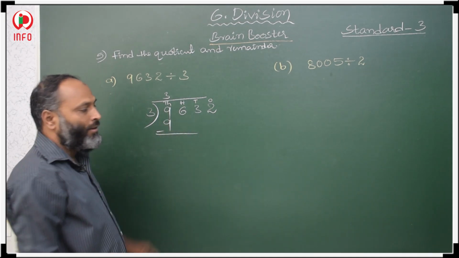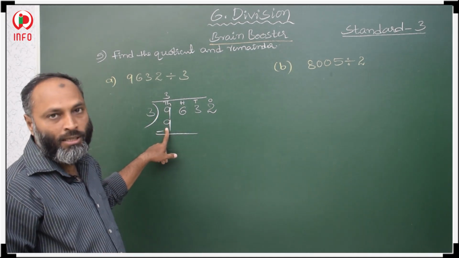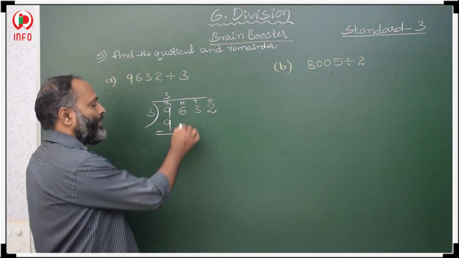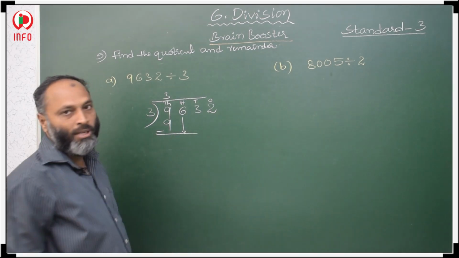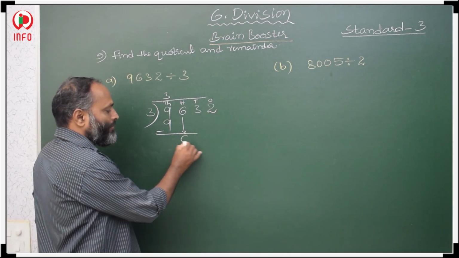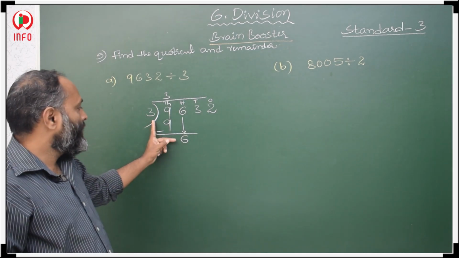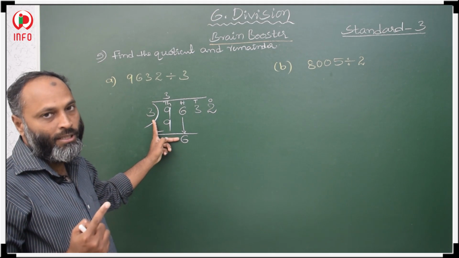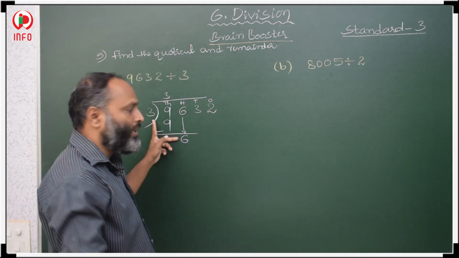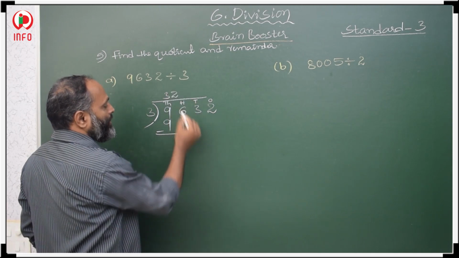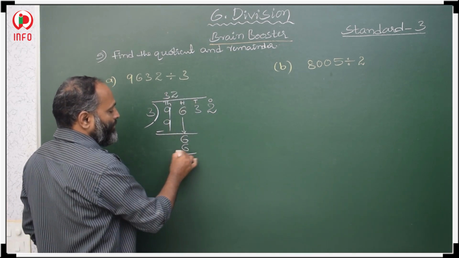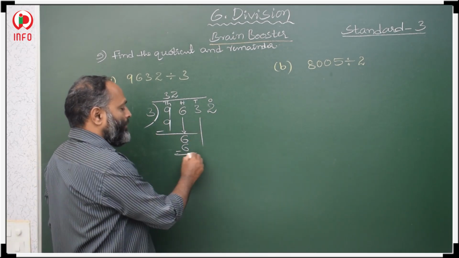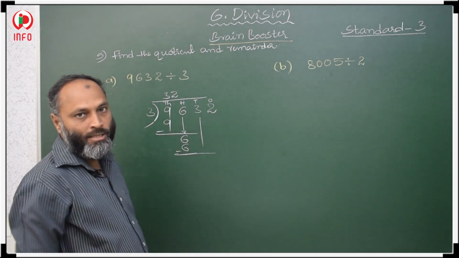Then minus. Same number minus same number, the remainder is 0, which means the difference is 0, no need to take it. Next copy the hundreds place, that is 6. Divide the hundreds place now. In the 3 table, when will you get 6? Read your 3 table. 3 ones are 3, 3 twos are 6. Write 2 here, 3 twos are 6. Same number minus same number is 0. Then again we have to copy the tens place, that is 3.